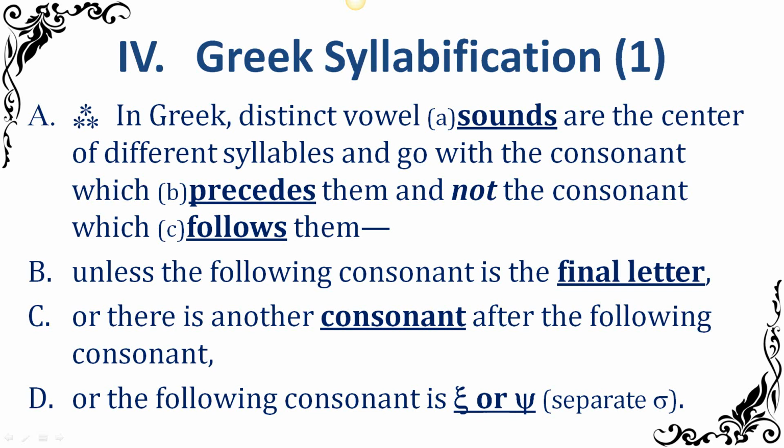All right, and these vowel sounds will normally go with the consonant which precedes them, to the left of them, in front of them, and not usually with the consonant which is behind them unless one of the following exceptions happens. So these next three are exceptions to that rule. Okay, so normally they go with the consonant in front unless one of these three things happen. Vowels are usually stuck with their forward consonants. That's the way it normally happens unless one of these three exceptions applies.